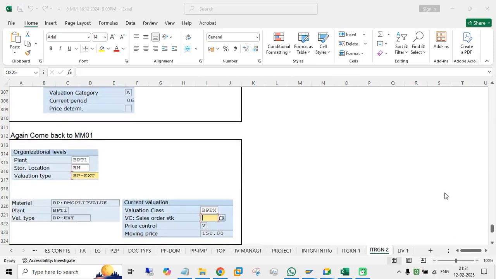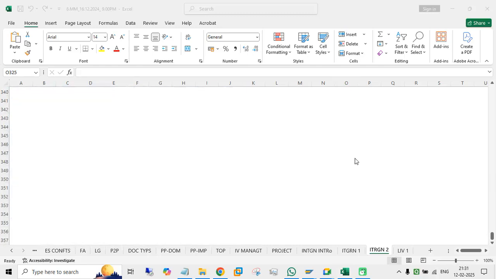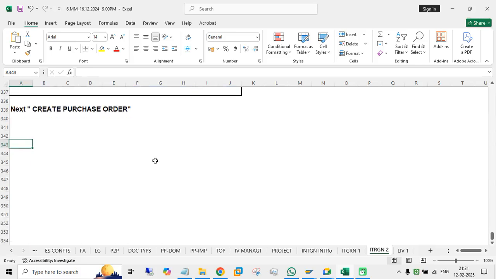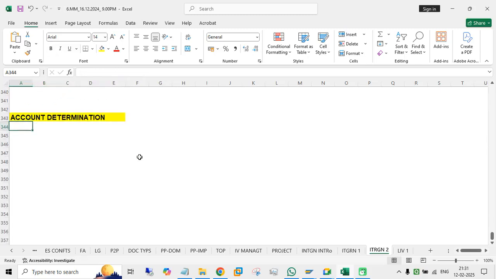Determination process. So you just need to know why we will do this account determination process, the overall concept behind that. Account determination. So here